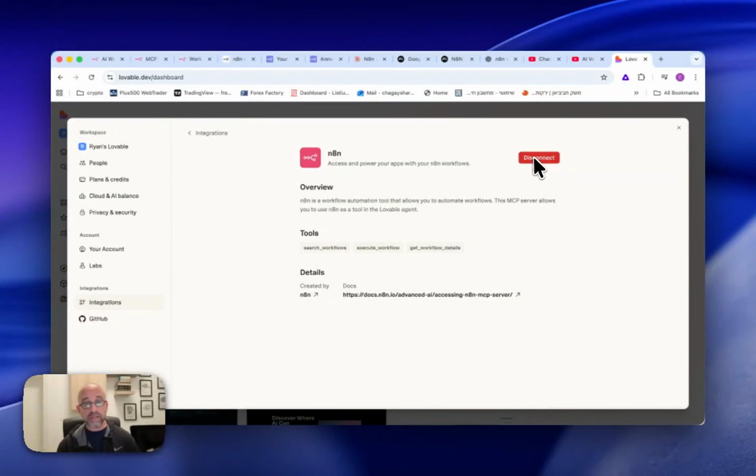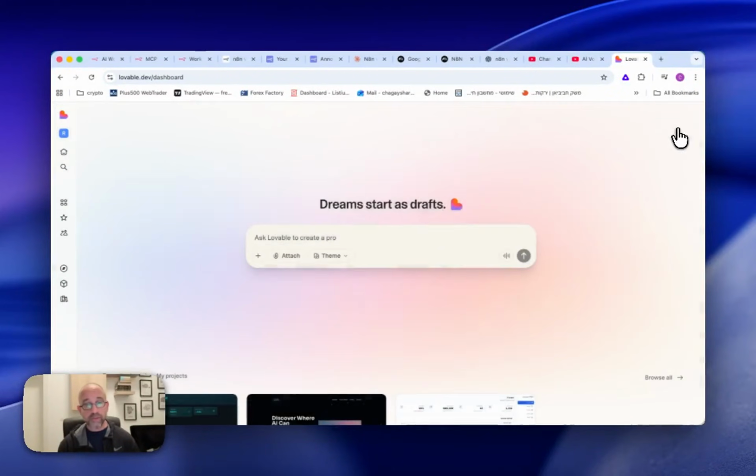If we go here, you can see already that we are connected, and I can disconnect from here. I can see the tools, the same exact tools like we did before. And then I can come in here, and I can basically talk and start using this system for anything that I want. So in this case, I can tell it something simple like check my n8n workflow and build me,